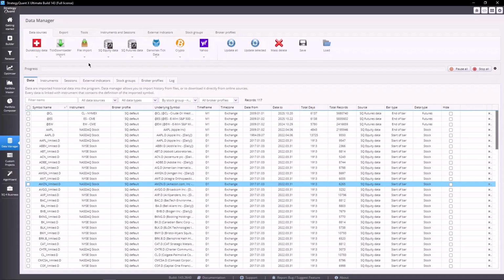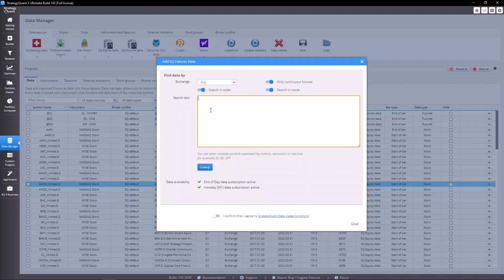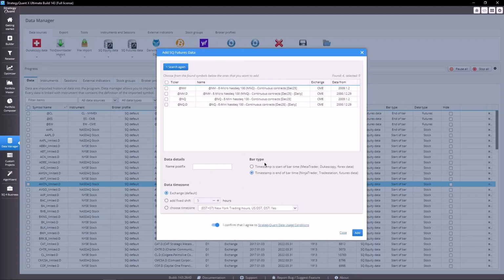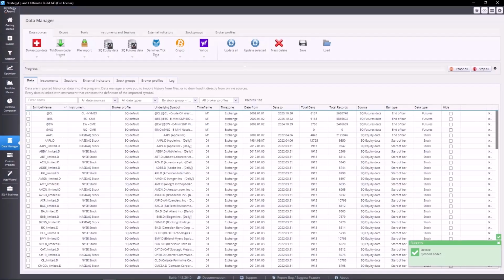Now let's focus on the symbol itself, and let's add a new futures data. I'm gonna click on Add and Find Data here. I'm gonna type in NQ because that's what we are looking for, and I can see that we have NQ and NQ.D. The D means just the daily, as you can see here, but we want to have the intraday data, so the NQ. Leave the option at the default, confirm and agree to the usage conditions, and click on